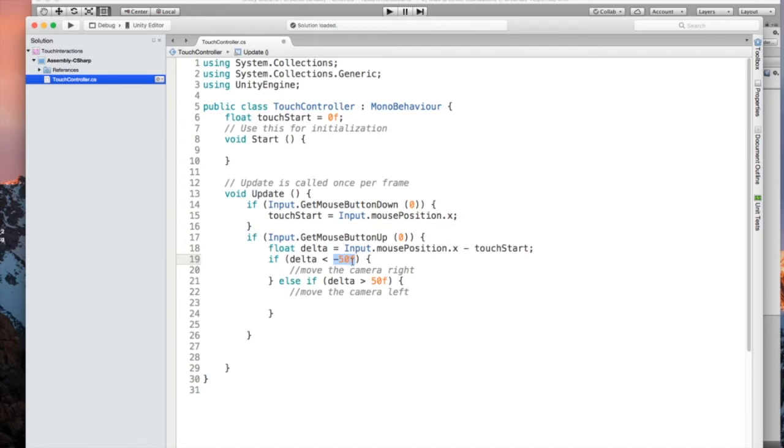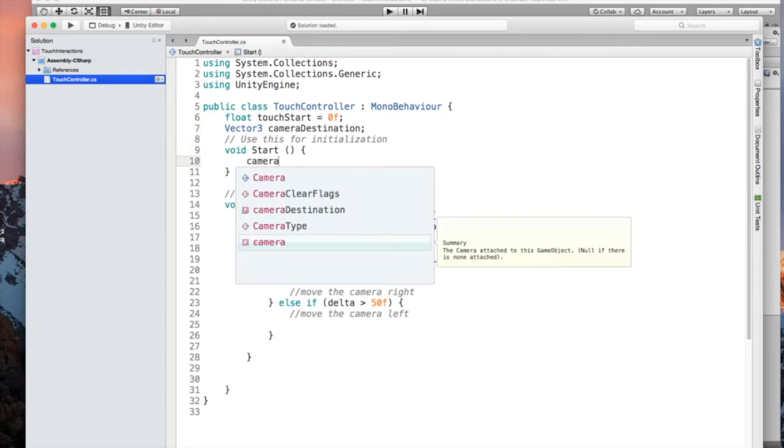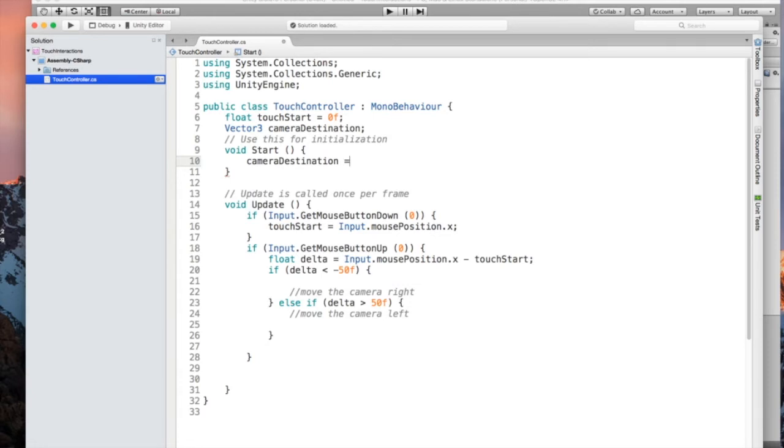All right, now we're going to say if we need to move to the right, then we will have a camera destination. So I'm going to make a Vector3, Vector3 camera destination. And we're going to initialize that in our start. So we'll say camera destination equals